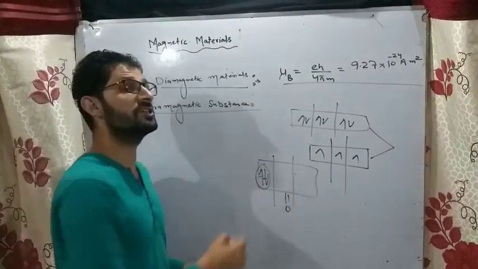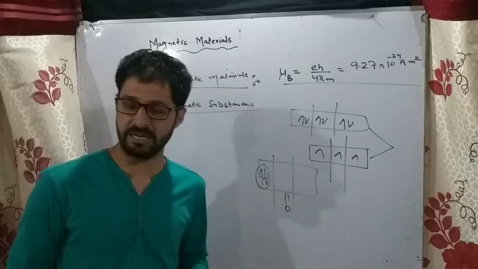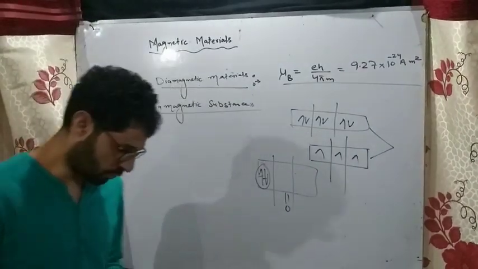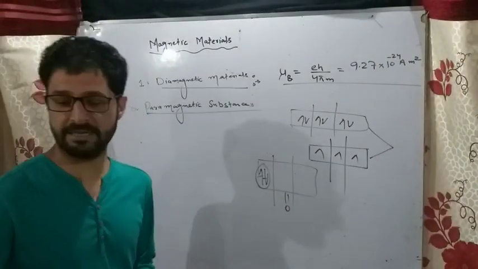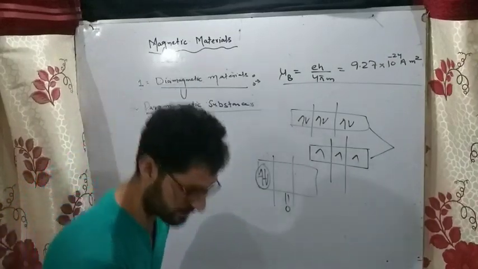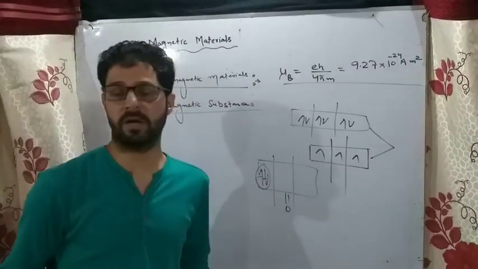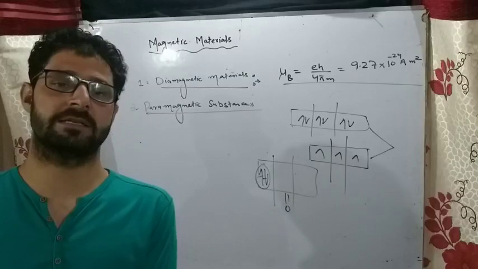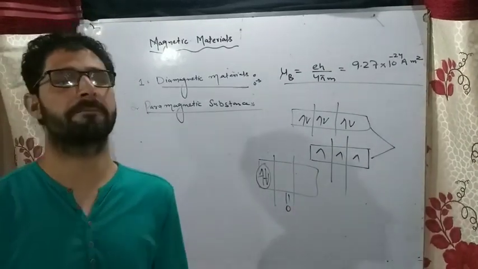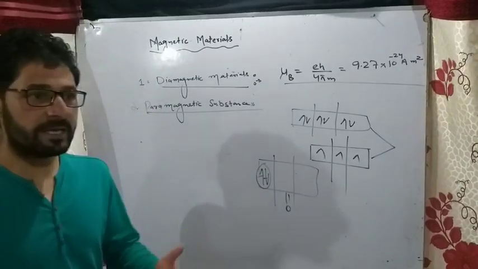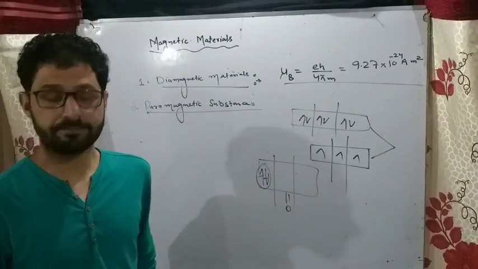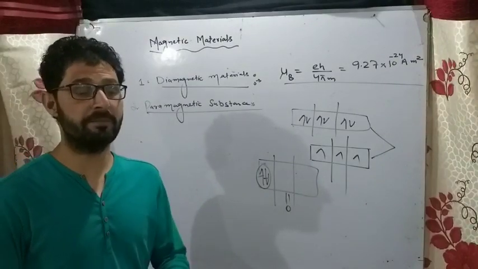Those substances which are weakly attracted or weakly magnetized in the direction of applied magnetic field. वो substances जिनको magnet weakly magnetize करता है, they are weakly magnetized in the direction of applied magnetic field. So इनमें क्या होता है, जब हम पैरामैग्नेटिक सब्सटेंस को एक्सटर्नल मैग्नेटिक फील्ड में लगाते हैं, तो ये